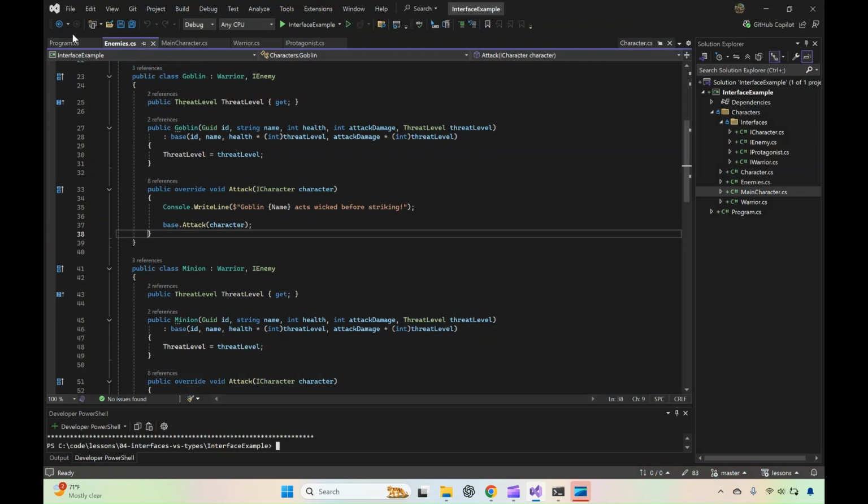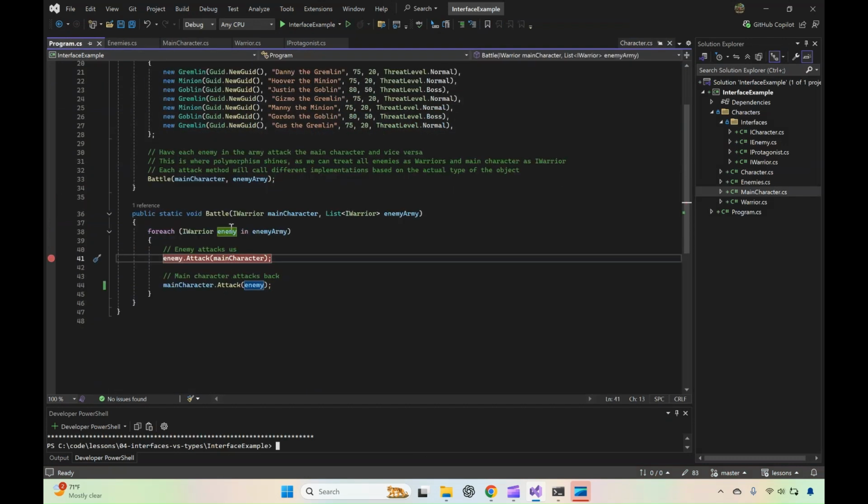As you guys can see, in this battle function, each one of these attack methods has its own internal different logic depending on the enemy. But this works because they all respect the IWarrior interface. So to me, this is what makes interfaces so powerful. We can define interfaces and make our code much more polymorphic,